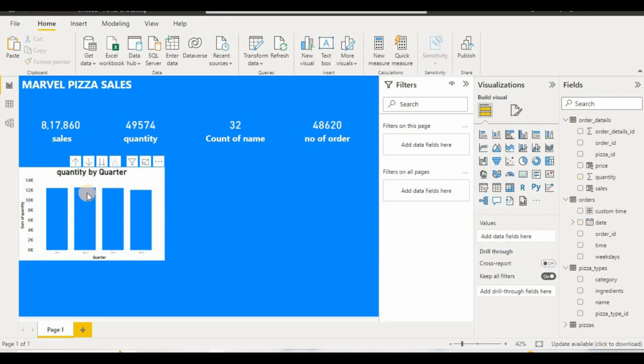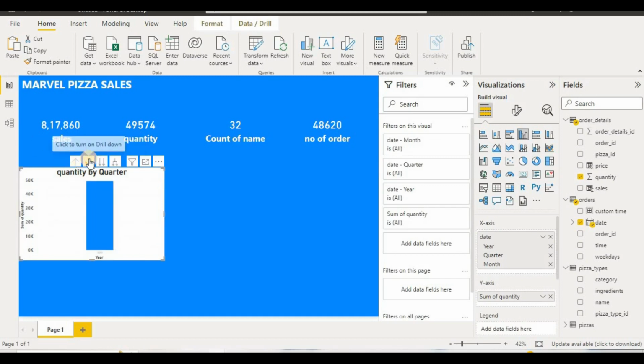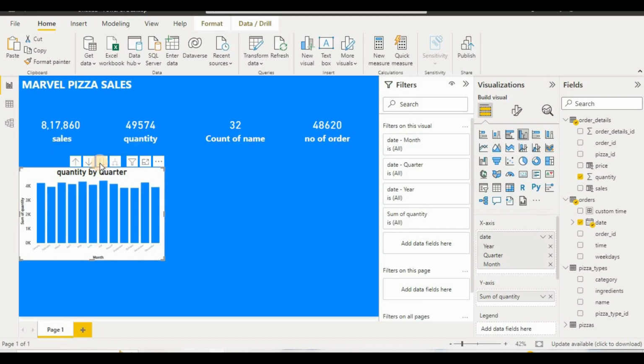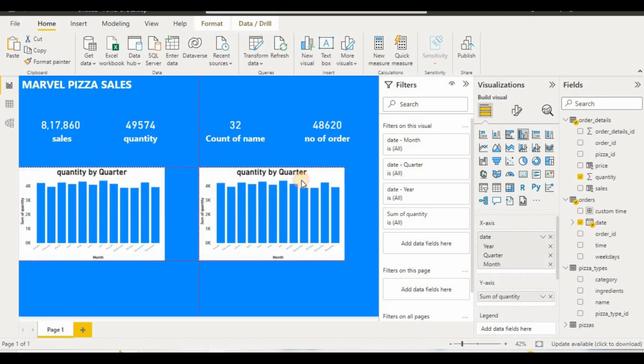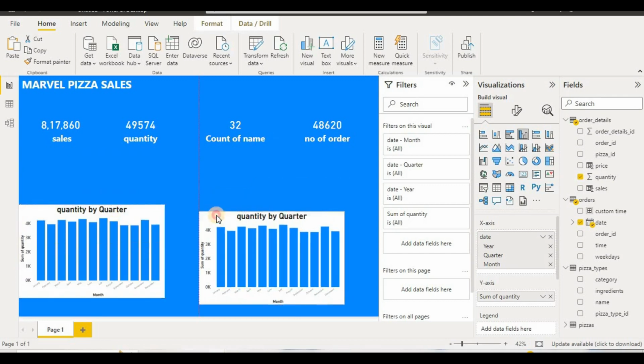Quantity by quarter is there, and if you go there, it will show us different views: yearly, this is our quarterly, and this is our monthly. If you go to 1 month, it will give us month. Now I will just copy this, Control C and Control V, and the next thing we can make here is our